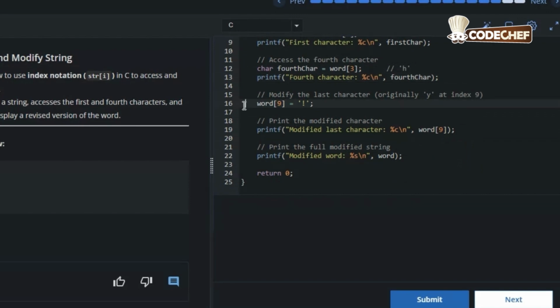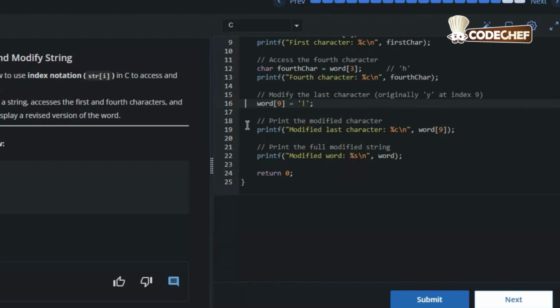Now we modify the last visible character with the line word[9] = '!'. The string has 10 letters from 0 to 9, so index 9 is the last letter, which is Y. Index 10 was the null terminator, so don't modify that. What happens is word[9] currently contains Y. We assign it an exclamation point.